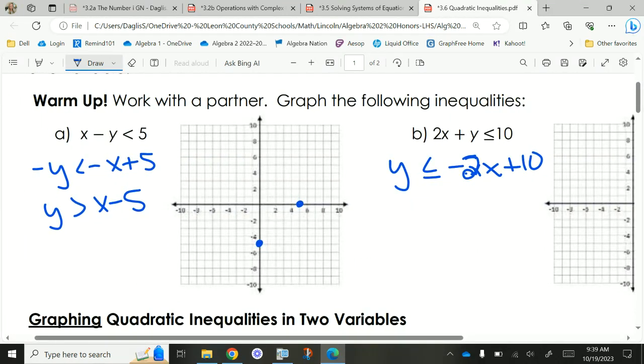Did you connect this with a solid or dashed line? A dashed line. How do you know that? Good. It's not equal to. This is going to be a dashed